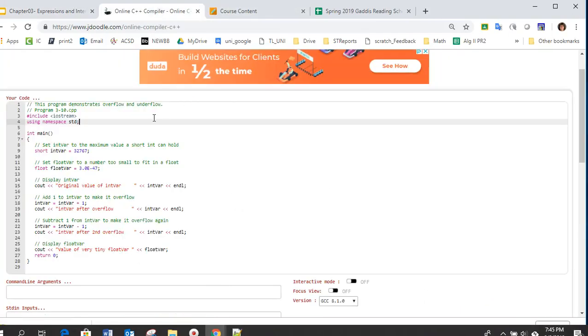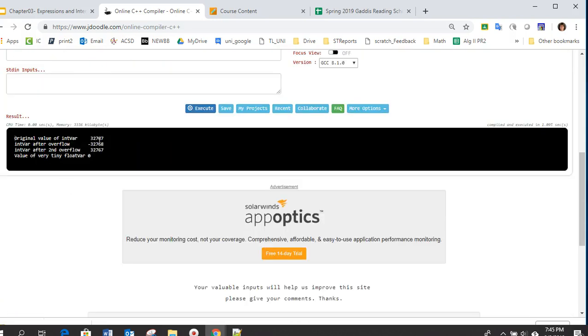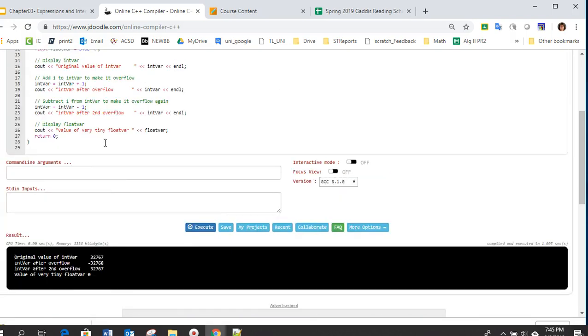If we run that in JDoodle, it sets the short integer variable and then a float variable as a number too small to fit the float, and then it executes and prints the original value. After you've done an overflow, which is adding 1, that's the overflow, it wraps around to the other end of the range and gives you a negative